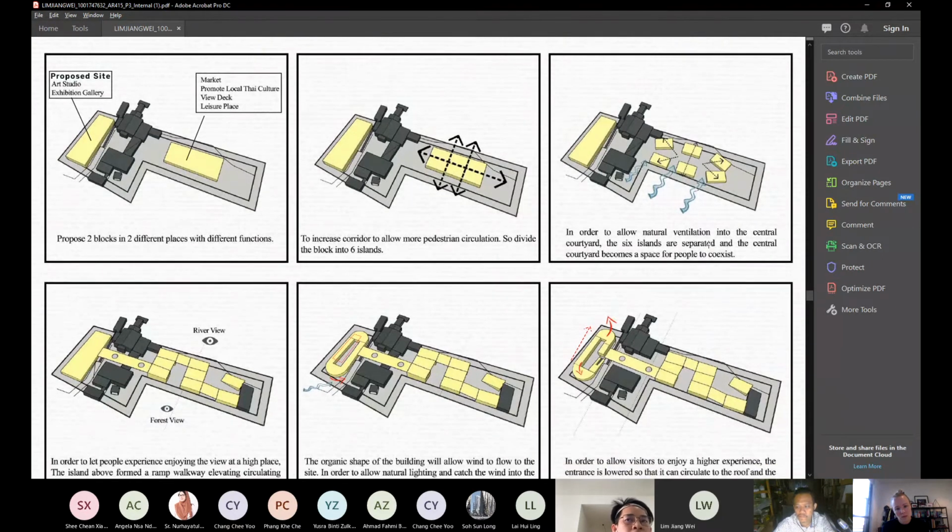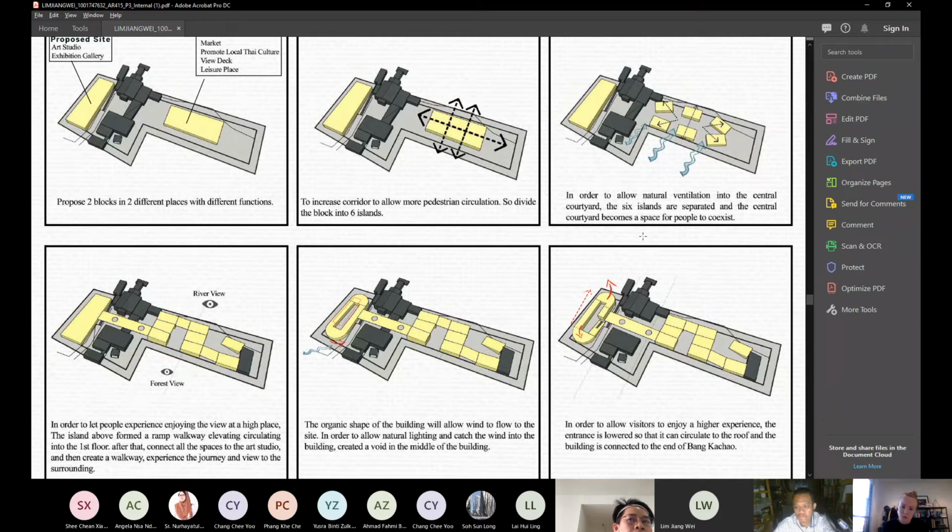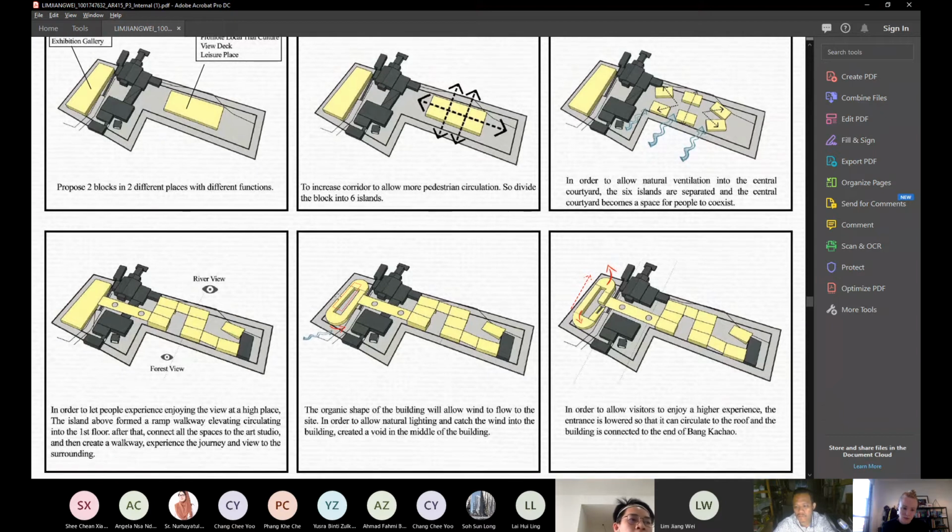To allow natural ventilation into the central courtyard, the 6 islands are separate. The central courtyard becomes a space for people to coexist. To let people exercise while enjoying the view from a high place, the ramp elevates, circulating up to the first floor.